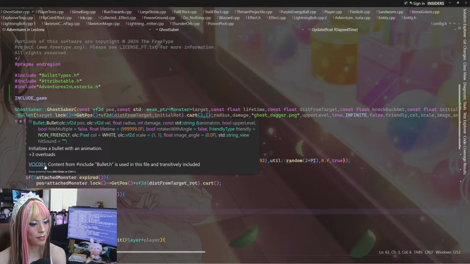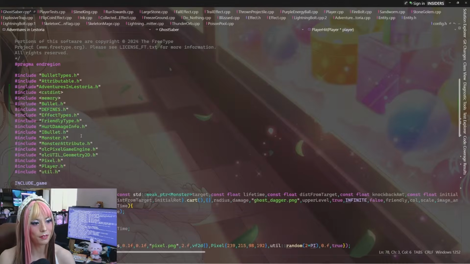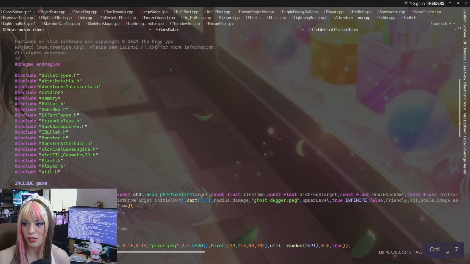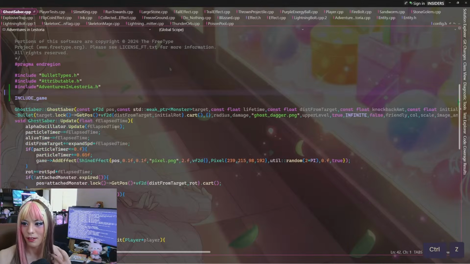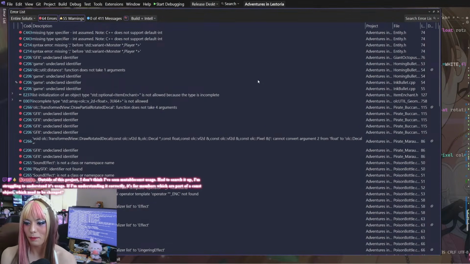It also has this new ability to either optimize the include graph or tell you every transitively used include, so these are actually the includes this uses. That's kind of cool. But obviously if you have a mix of header files everywhere, some things are going to include other things, so it's going to be a little tricky, but we could probably figure it out later.